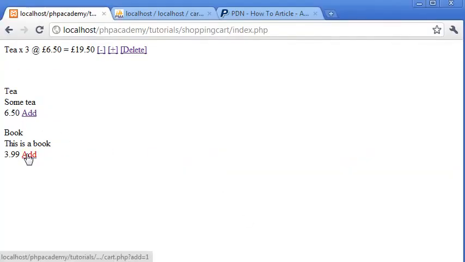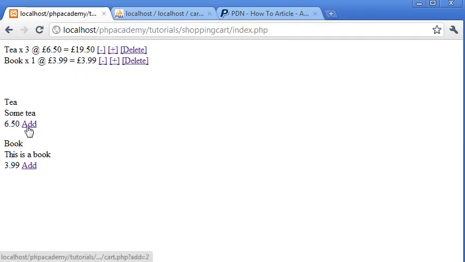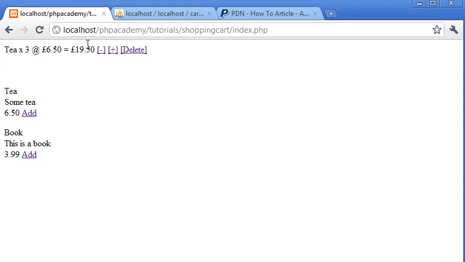Okay, so now let's add a book again. Okay, now if I was to add some tea, this quantity will go up to, well, nothing at the moment because we've hit a maximum. Let's get this down to 1. We can use this button to add, this button to take away, and this button to add as well. And now we just need to create the delete one basically, which is going to